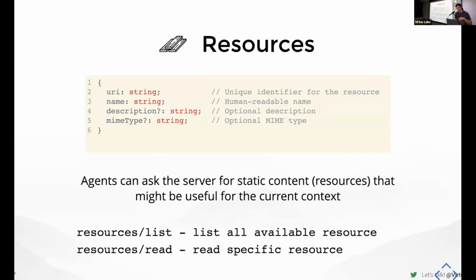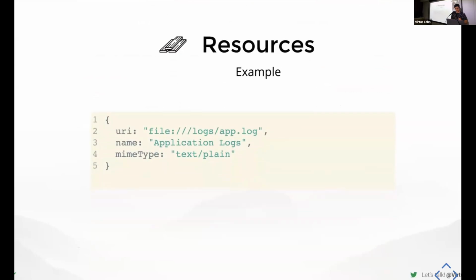So whenever MCP is queried, so the MCP server is queried, it will have a list of those resources, or an empty list. In the case of Metals, we don't have any resources listed here yet. We don't use them yet, but it might be something to work on. And afterwards, if it needs it, it can read a specific resource later on. So this is one example, very simple one, but it can be much more involved.